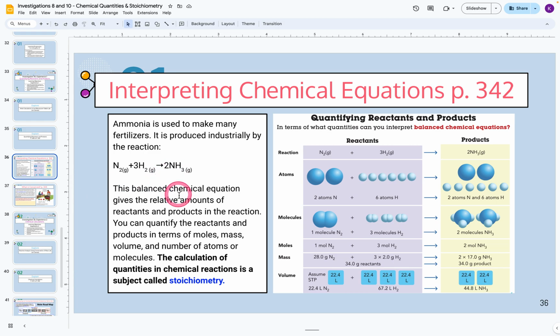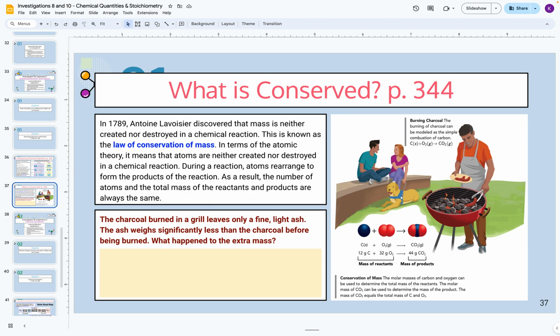Slide 36 is just pointing out that the total number of atoms are the same on both sides, but not the total number of molecules nor moles. What we're doing is paying attention to atoms when we balance, and that follows the law of conservation of mass. But we have other ways of doing measurements that may not be shown to be equal on both sides. And then we have this repeat